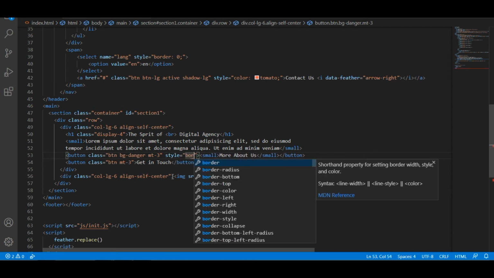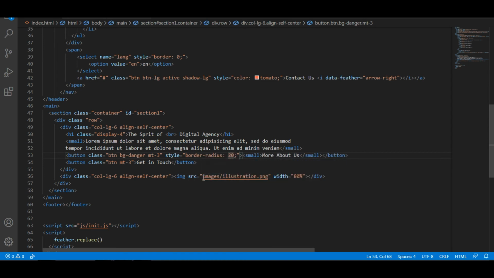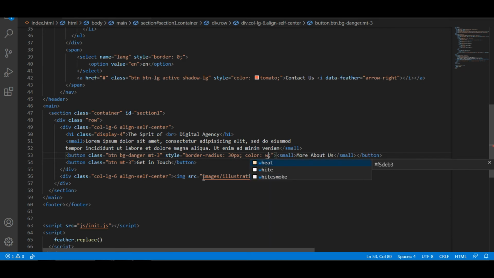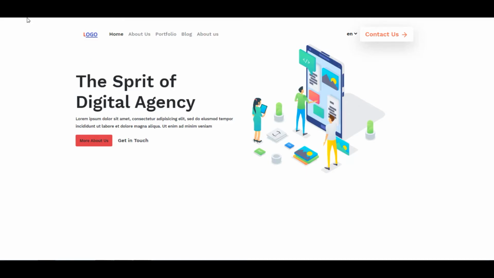So border radius to 30 pixel and color to white. While applying that, you can see a curved border on the button there.